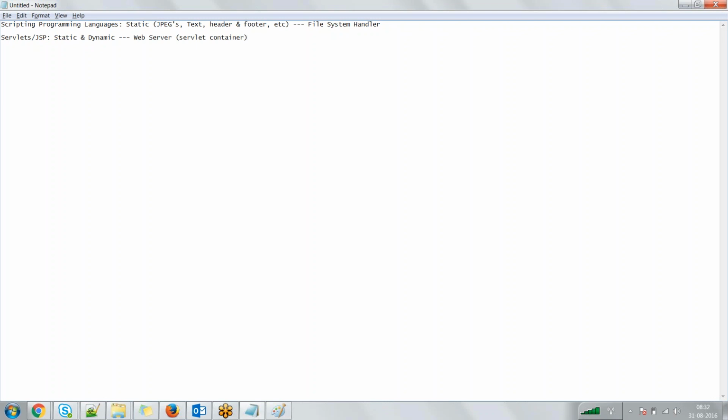Clear? They came up with a container, okay? They came up with a container called a web server with a servlet container inside it. This web server with a servlet container inside it can be used to process the code related to servlets and JSP. They can be used to process and generate not only the static content, but can also generate